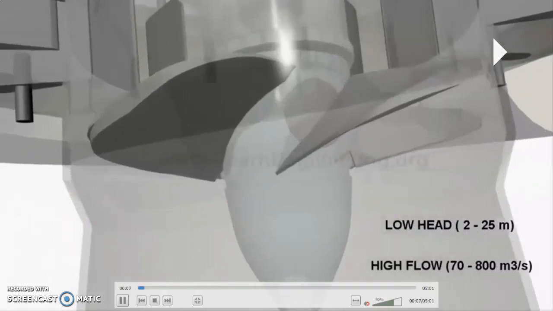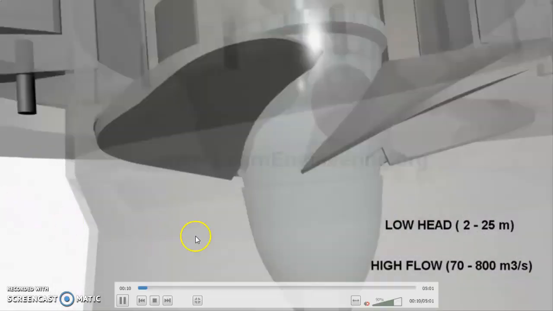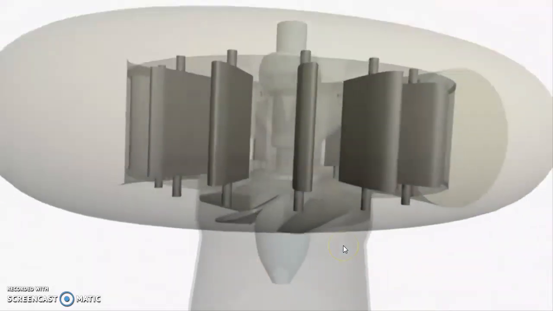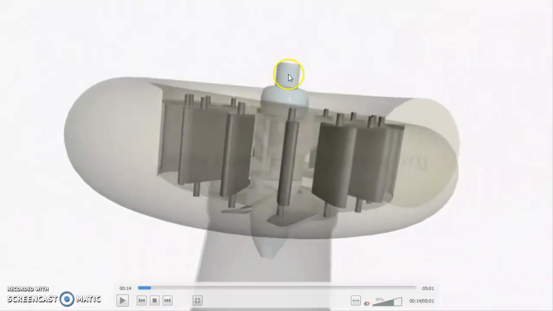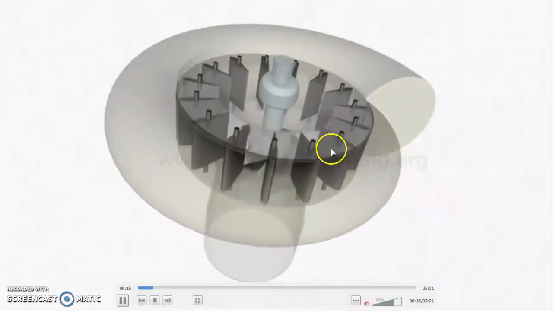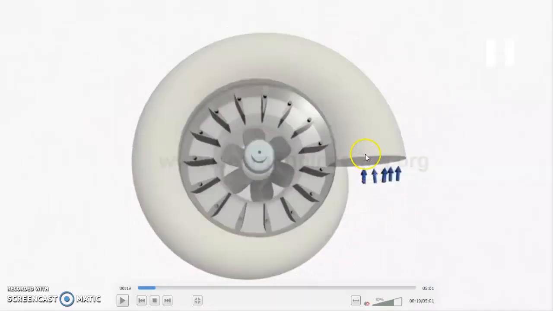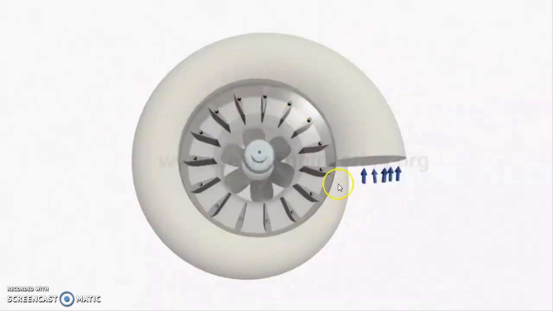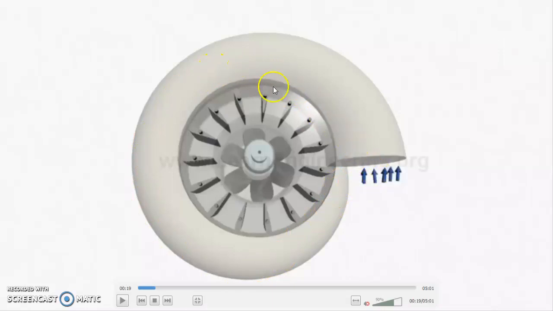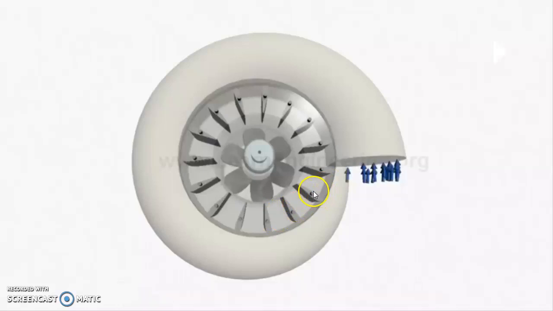Now if you see, this is the shaft to which a generator will be connected which will generate electricity. What will happen if we see from a top angle? This is a spiral casing which is similar to that of the Francis turbine. Water will enter the spiral casing. At the beginning or at the inlet, the area of the spiral casing is maximum, and at the outlet, at this section, the area will be minimum, almost equal to 0.